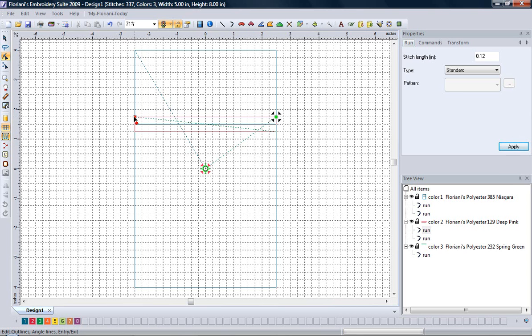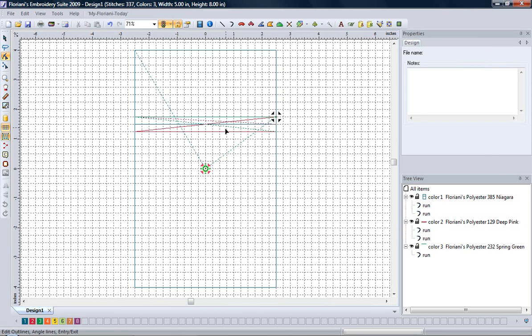I am going to take my stop, left mouse click holding my mouse down, and just drag it off the end there. I'm going to left mouse click holding my mouse button down on my start point and drag it to the end. Then I'm going to take this and drag it to this end. Notice you've got a line across here that is our jump stitch, how it was going. Now when I click off of that,